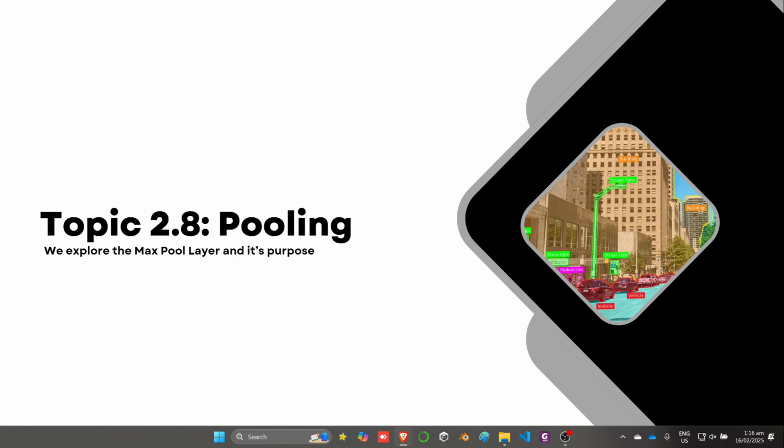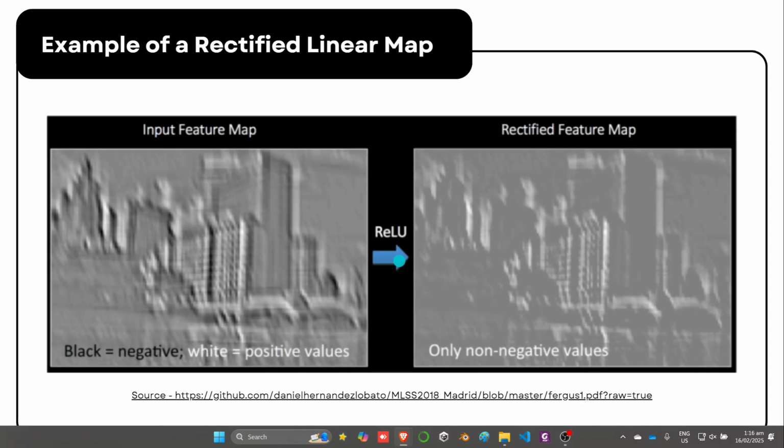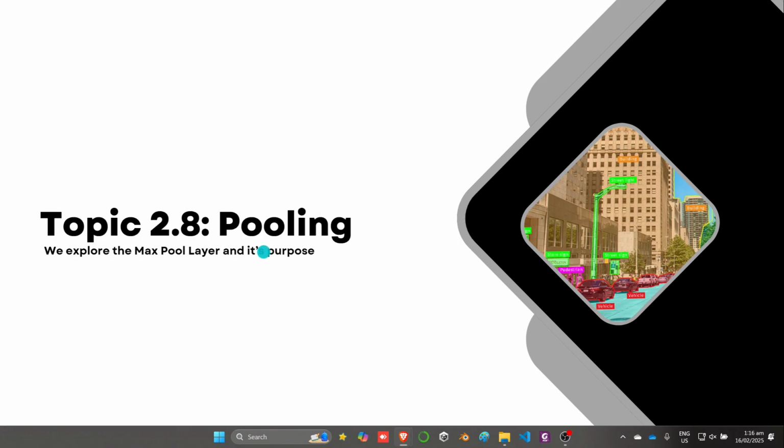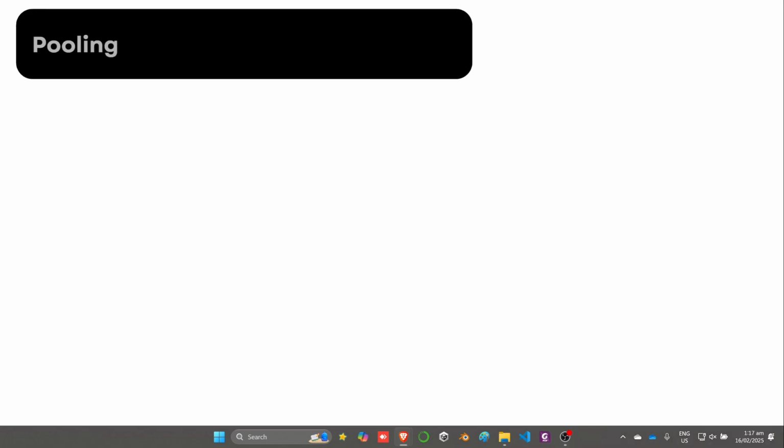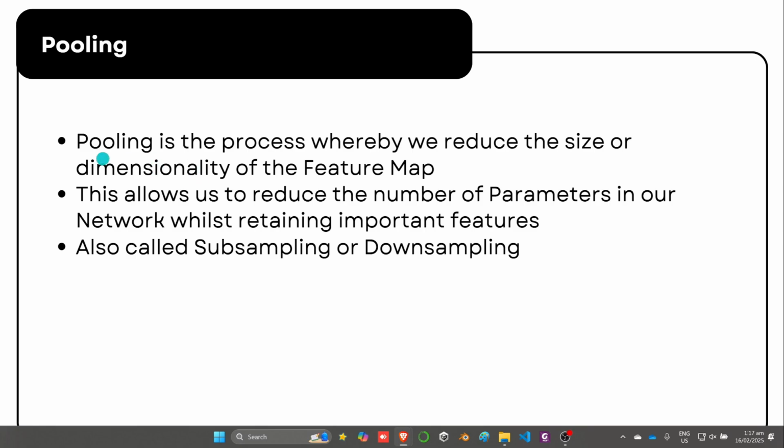So now let's start looking at pooling. We will explore the max pool layer and its purpose in CNNs. So let's get started. Firstly, pooling is simply the process where we reduce the size